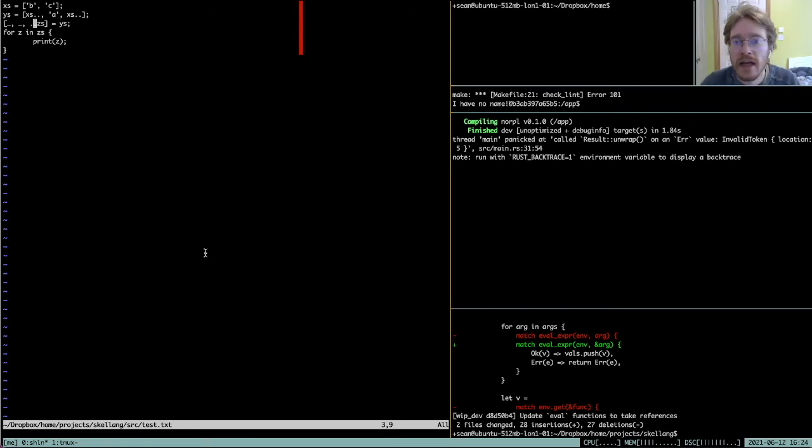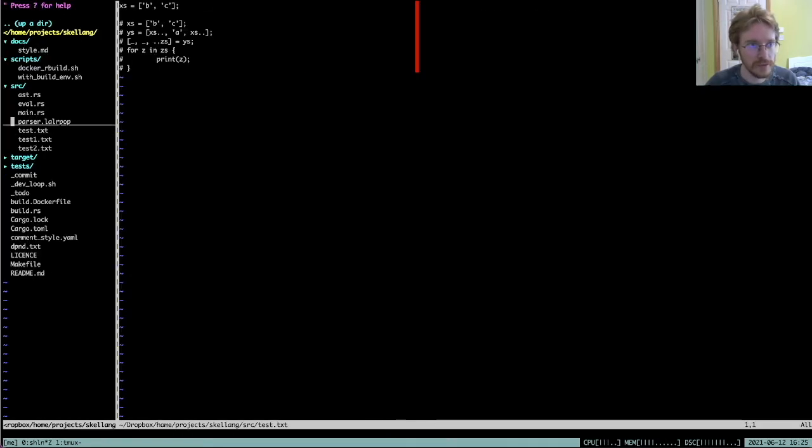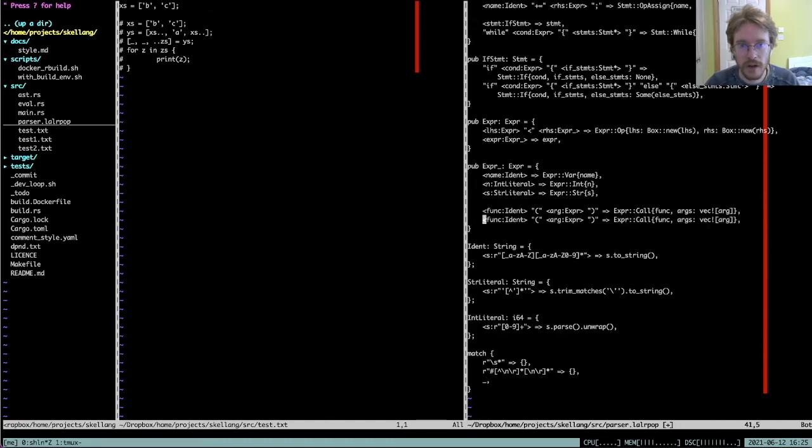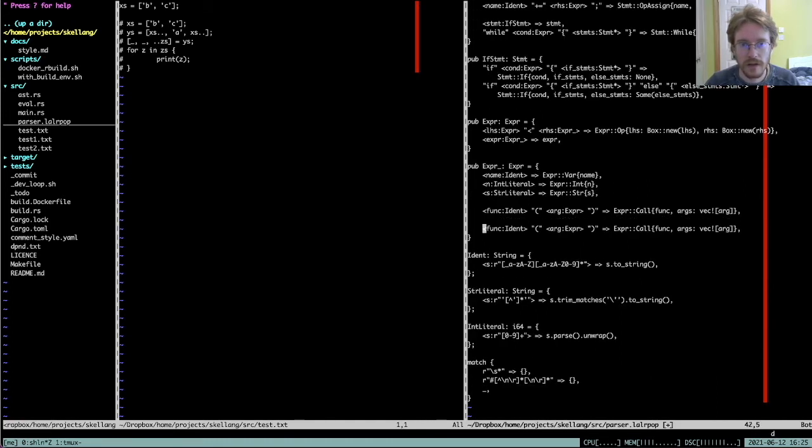All right. So yeah, so we've got invalid tokens galore. So let's start sorting that out. So we'll start with support for listed literals, and that should be fairly straightforward. It's just an expression, and